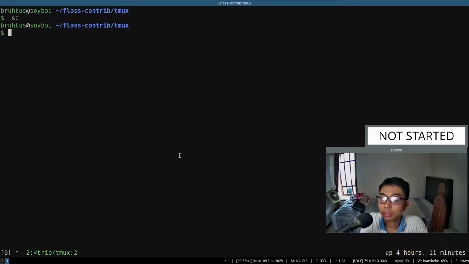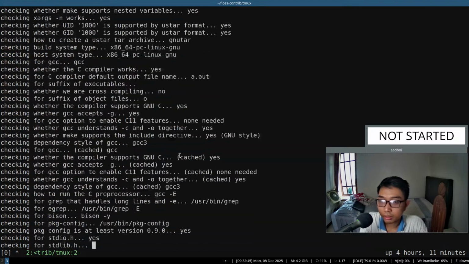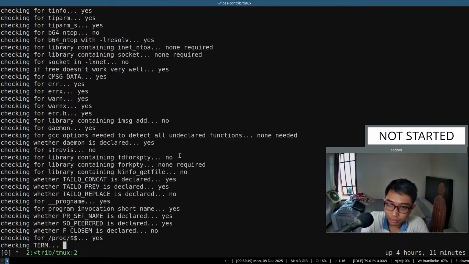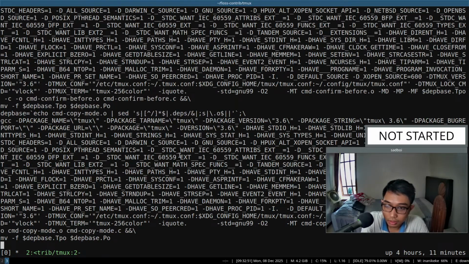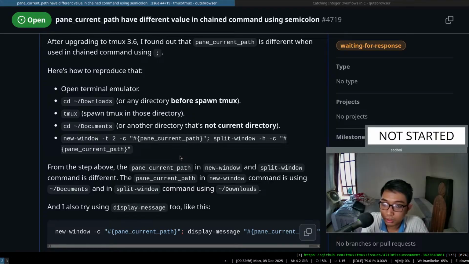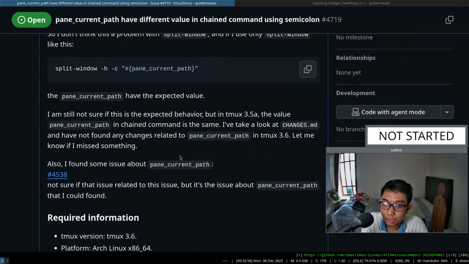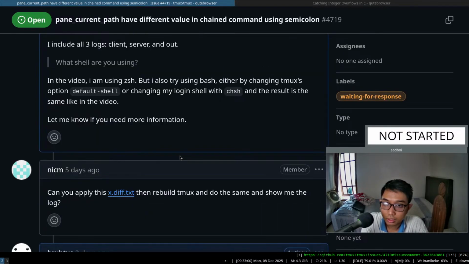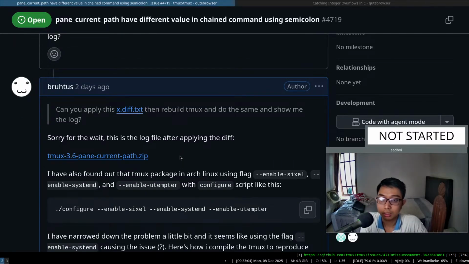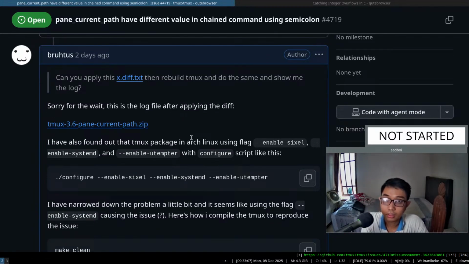Okay. Compiling. And then, okay, it's still compiling. Okay, meanwhile